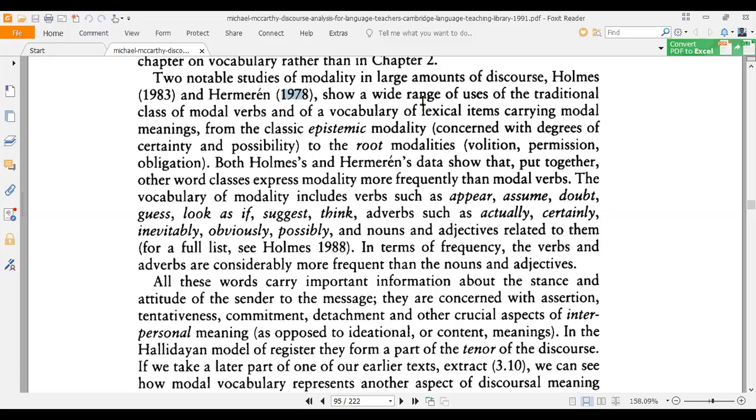They show a wide range of uses of the traditional class of modal verbs, and of a vocabulary of lexical items carrying modal